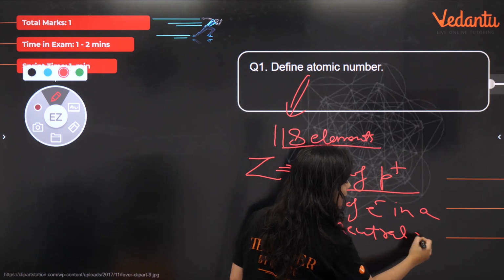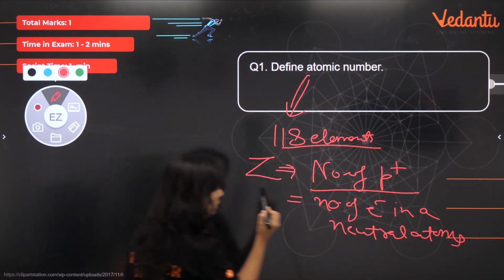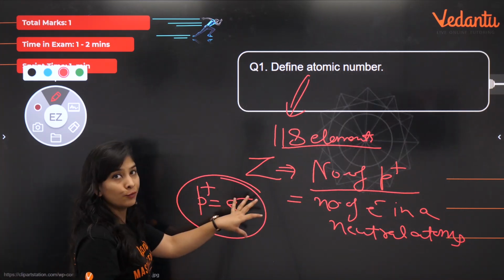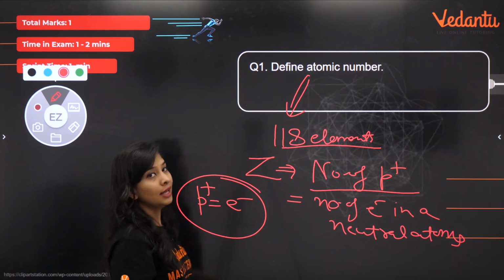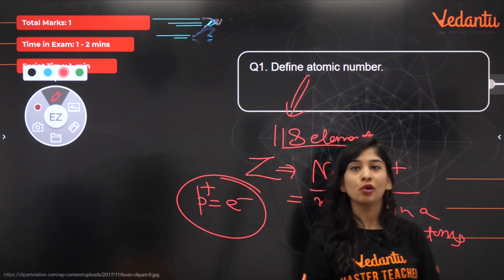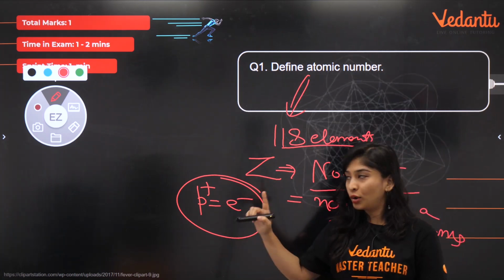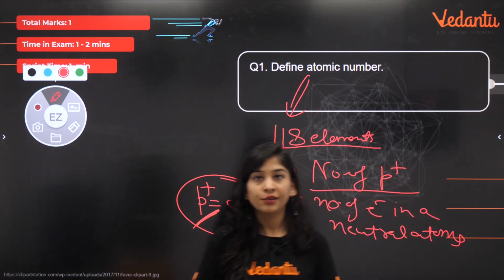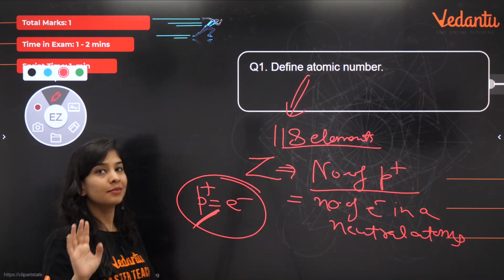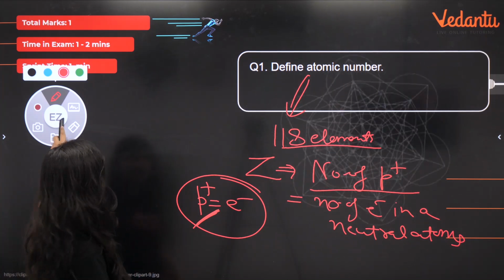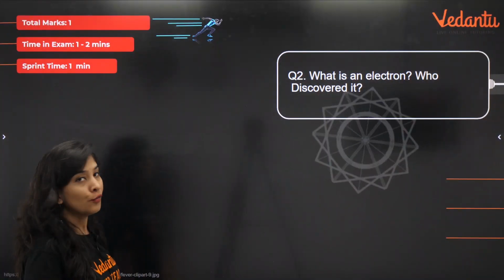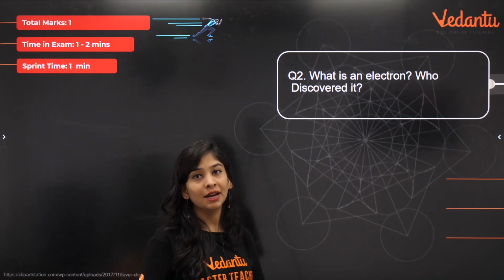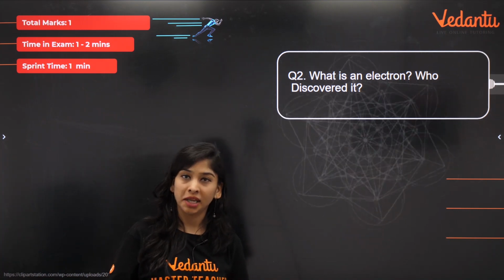Why did I say neutral atom? Neutral atom means whatever the positive charge is, that should be equal to the negative charge. That's why the atom would be neutral, right? So jitna proton, there must be that much number of electrons also. So you will mainly talk about this. This is the main definition, right? Easy one. You can easily score 1 mark by attempting such questions. Let's move ahead. For the sake of convenience, we have attached all the solutions. You can download the PDF and anytime you can have access to the same, right?